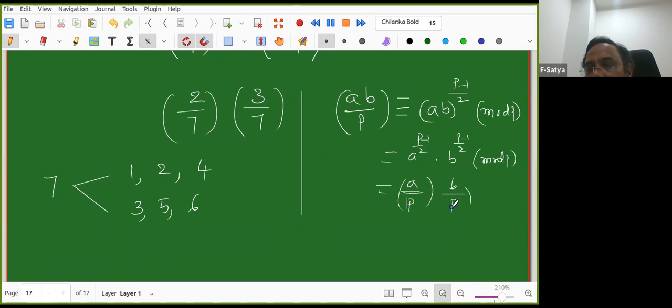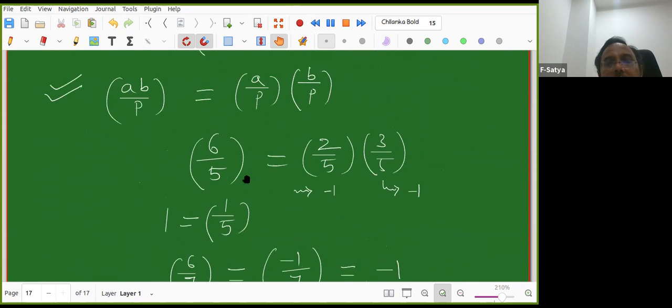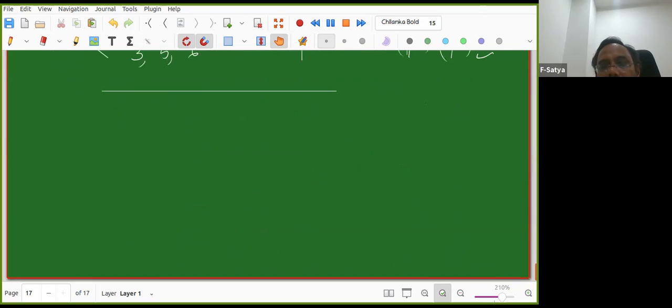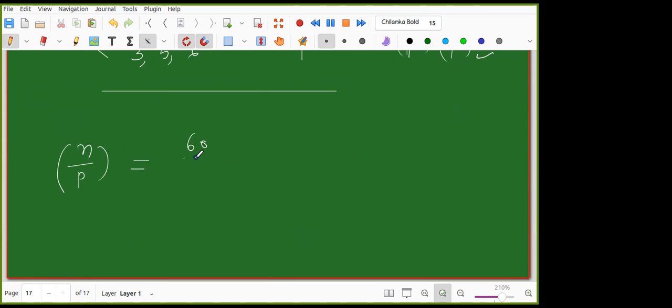Okay, so see the beauty. Yeah, good. No problem. So what is the advantage of this result? That we need to understand. Okay. So now you take any natural number. I want to find n by p, correct? You see that? What is n by p? For example, my n is equal to say 60. What is 60 by p? Can somebody help me? So 3 by p into 5 by p.